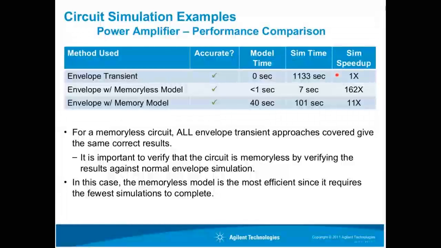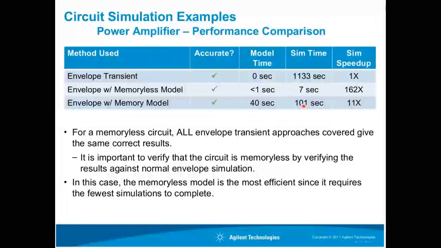So envelope transient is our reference time. We'll call it sim speed of 1x. And you can see the memoryless model simulates very quickly. It runs in 7 seconds. It's about 162x faster than running a normal envelope transient. So it's a very attractive approach. If you have a circuit that doesn't have memory effects, you can use these memoryless models quite effectively to speed up your verification. Now, this particular circuit didn't have memory effects, but that doesn't change the fact that you could